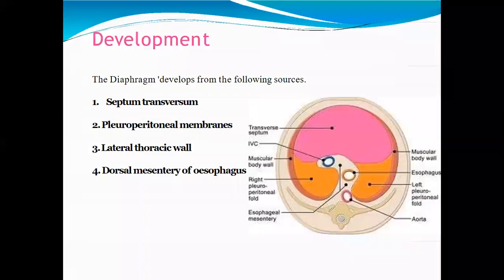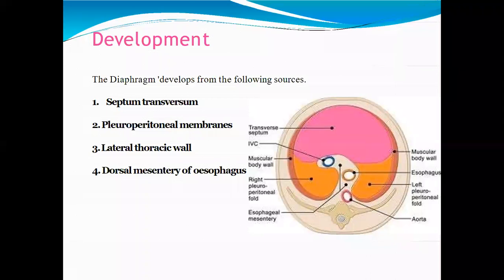So now, how is the diaphragm formed? The diaphragm is developed from 4 sources, and it is the partition between the thoracic cavity and the abdominal cavity. Developmentally it consists of 4 parts: forming the anterior side, the posterior side, and the lateral side. So we have the septum transversum,